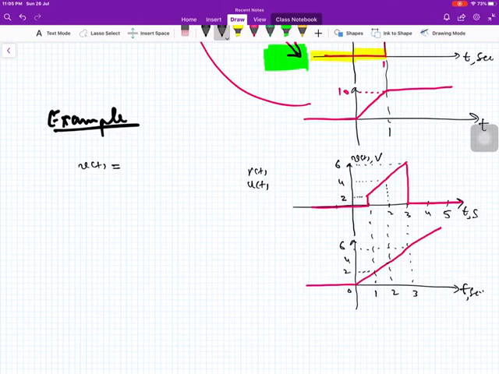So you can see that this red waveform, what is the slope? Slope is 2. And if we say it is 2t,